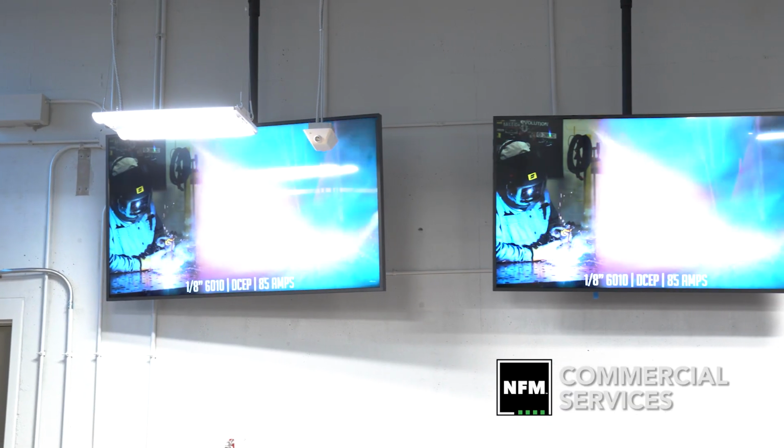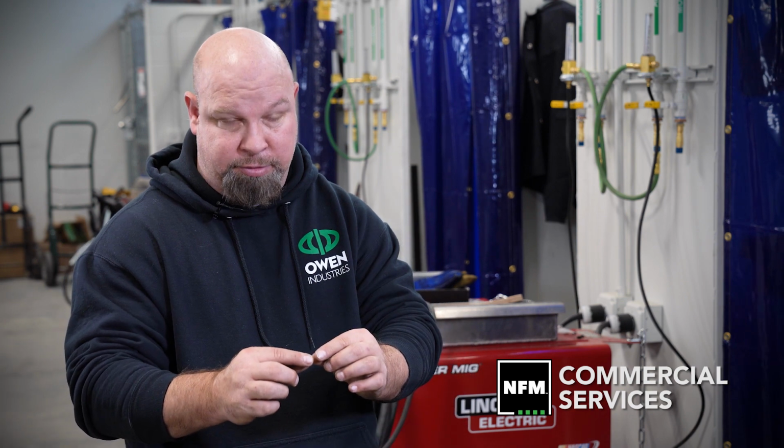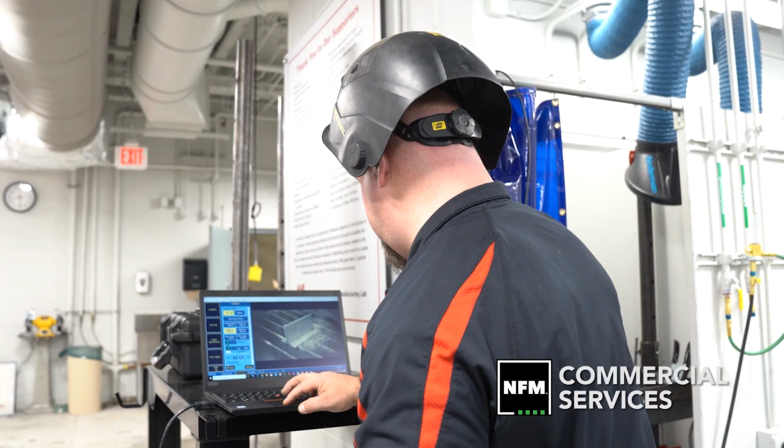We have 4 big monitors throughout the entire lab. Being able to play those things really big is a huge teaching tool, especially being how tiny the weld pool is, trying to get a group of students, let alone even just one, close enough to see what's going on